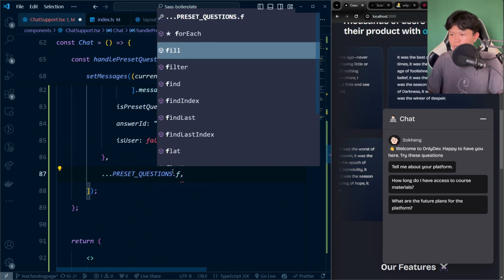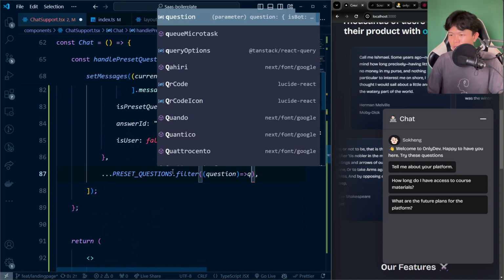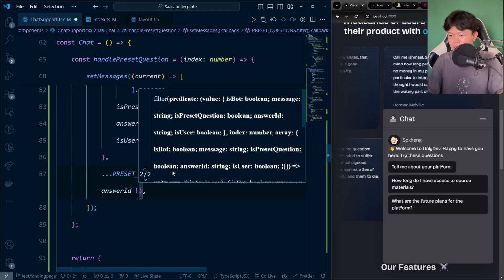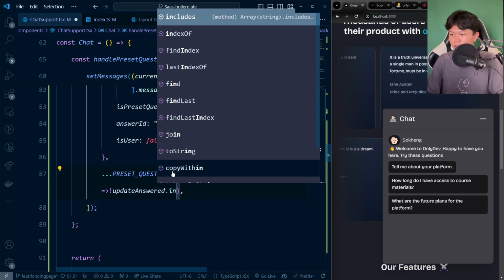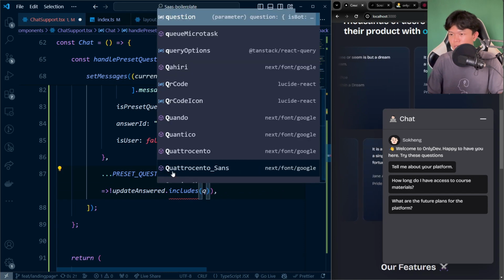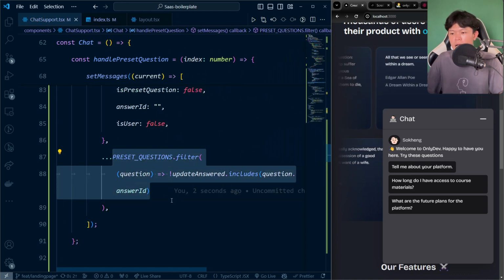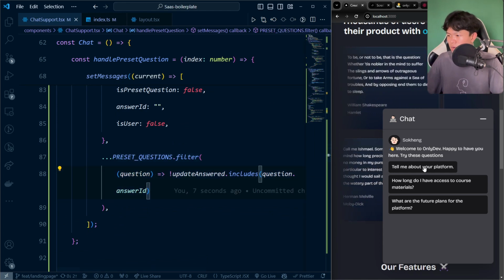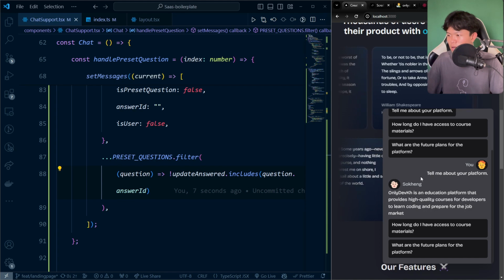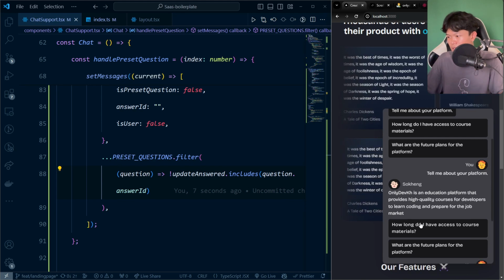So for this one we're gonna do dot filter, and then we're gonna have the question, right? So we're gonna do the questions dot answer ID that is not included inside this one. So basically, not updateAnswer dot includes the questions dot answer ID. Okay, so basically we render out the questions that have not been answered yet. So this is what we do here. If I click on this one again, you can see right now, since we asked to tell me about your platform already, we're not gonna render that again. So if I click again,